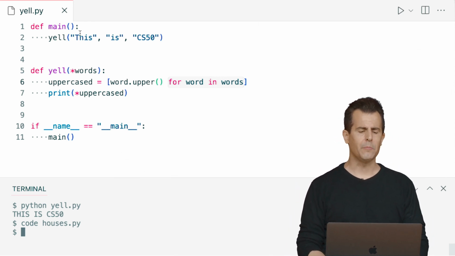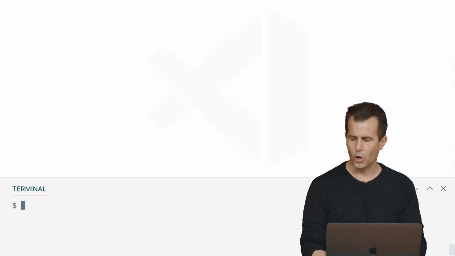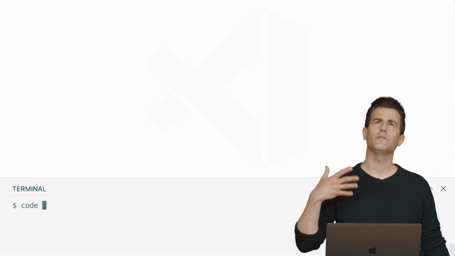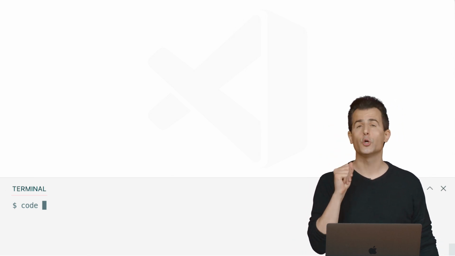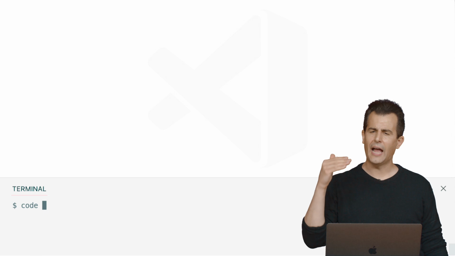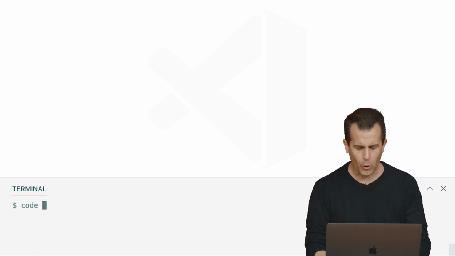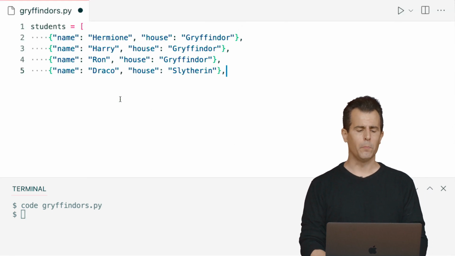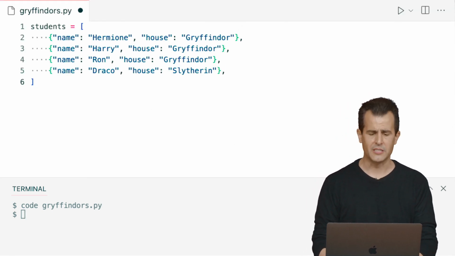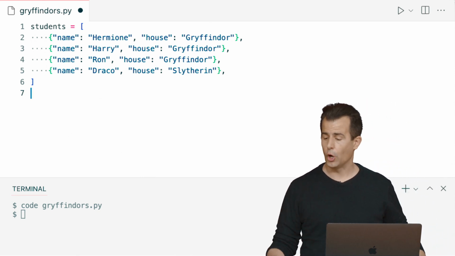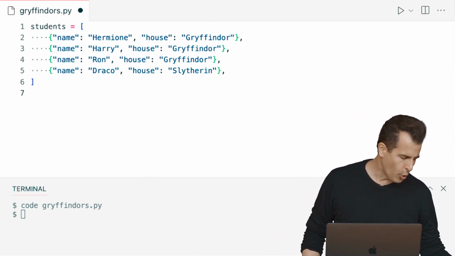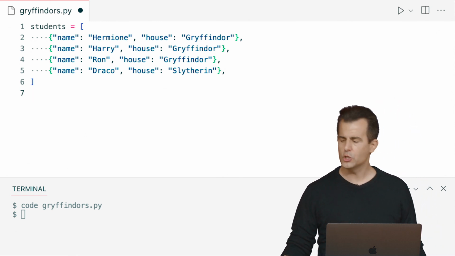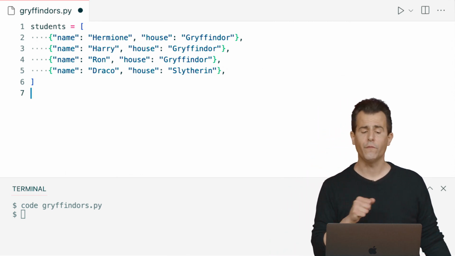So in fact, in VS Code here, let me close yell.py and close my terminal window. And let me create a new program here whose purpose in life maybe is to take our same list of students as before, with a shorter version thereof, and just filter out all of the students in Gryffindor. So let me go ahead and create a file called gryffindors.py. I'm going to go ahead and copy paste from before really my list of students, at least Hermione, Harry, Ron, and Draco from the start here, just so that I can focus on one student who happens not to be from Slytherin. And what I'm going to do here now, if I want to filter out only the Gryffindor students,